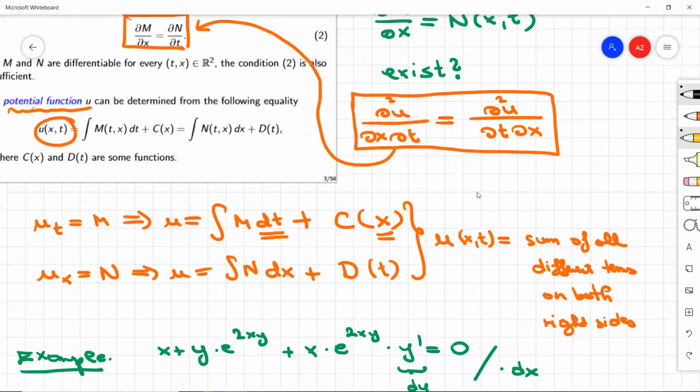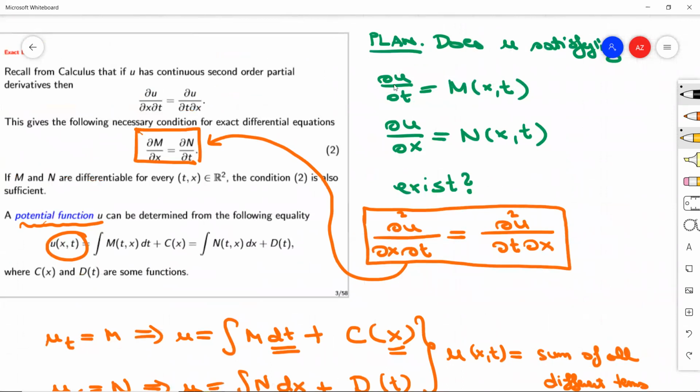So under the assumption that the derivative of u with respect to t is m and the derivative of u with respect to x is n, those mixed second derivatives should be the same, because we are searching only for a function which is continuous and twice differentiable. So we are searching only for nice solutions. And under the assumption that the solution is continuous, we know that these mixed second derivatives should be the same,